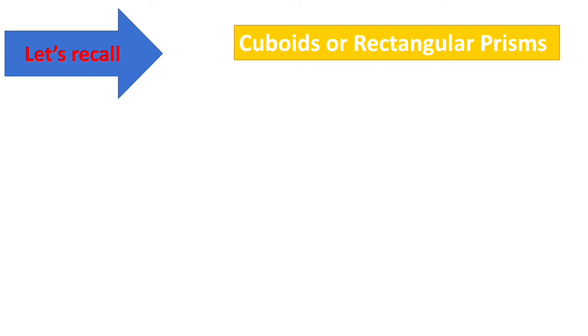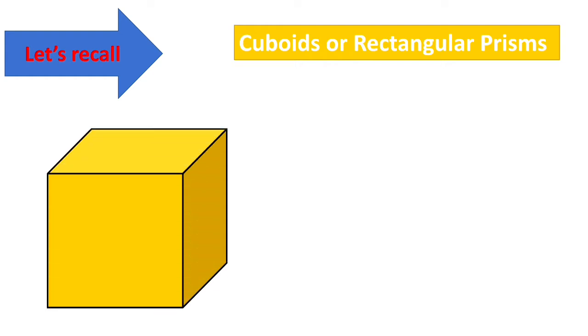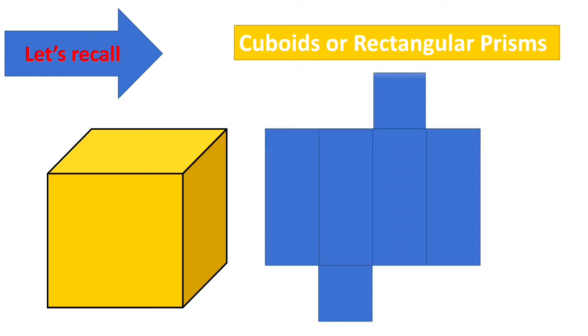Cuboid or rectangular prism. The figure you can see on your screen, a box is given. It is in which shape? Cuboid. Very good. Children, this shape we can make with this given folded paper. So you have learned in a lower class how to make the shapes with the given paper. Now children,